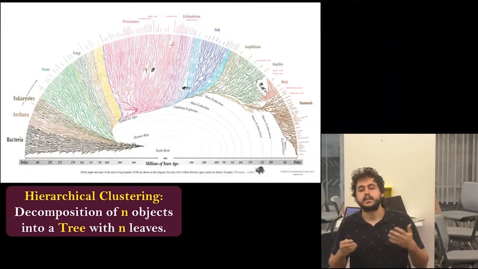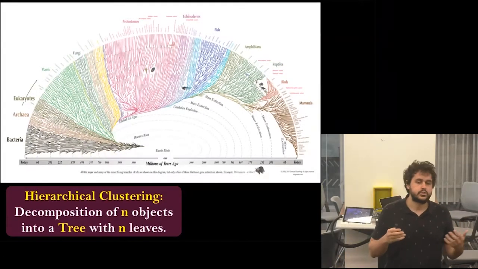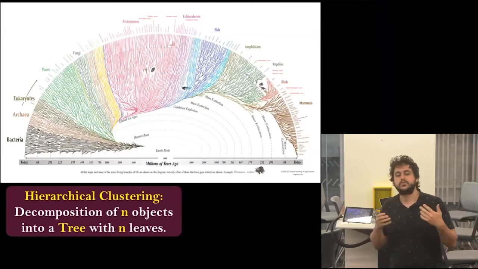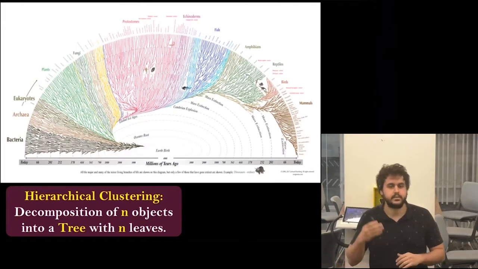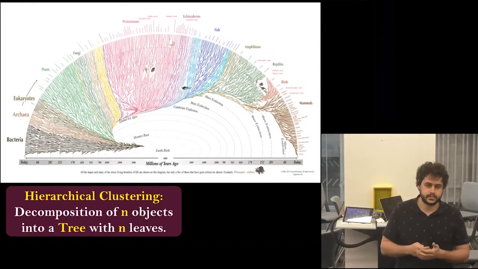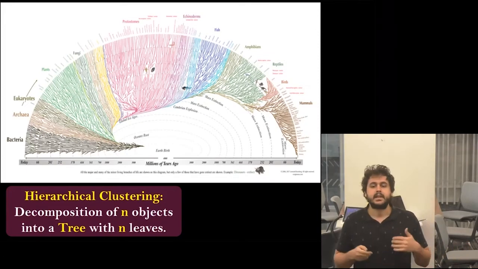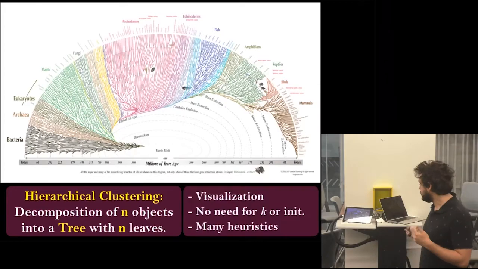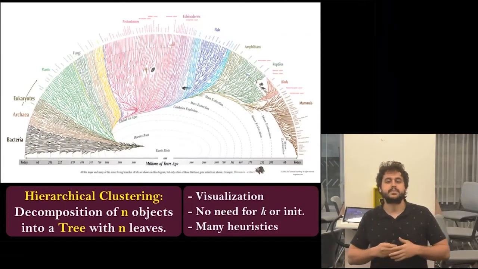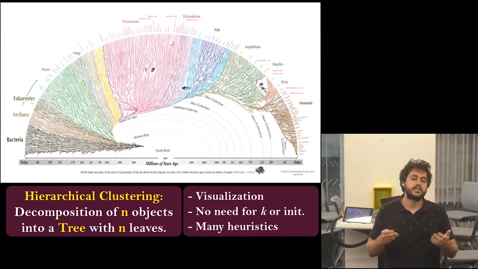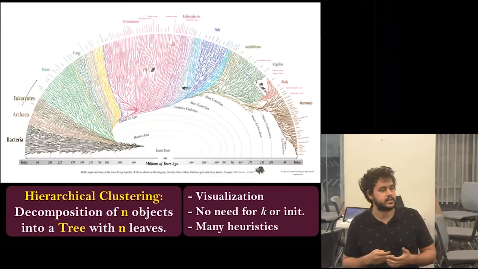Now, for us, hierarchical clustering would just be a decomposition of n items of interest into a tree that has n leaves, and there will be a one-to-one correspondence between the leaves and the objects of interest. There was also a talk yesterday by Sanjay Gupta, where he mentioned some of the advantages that hierarchical clustering has